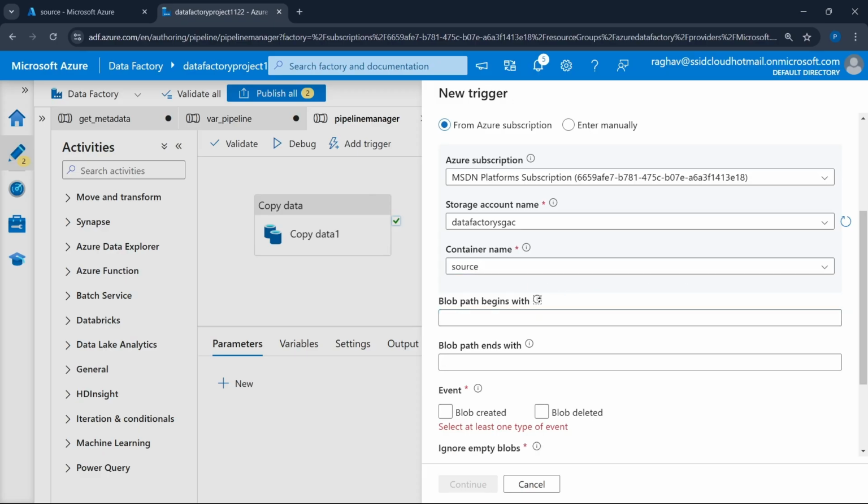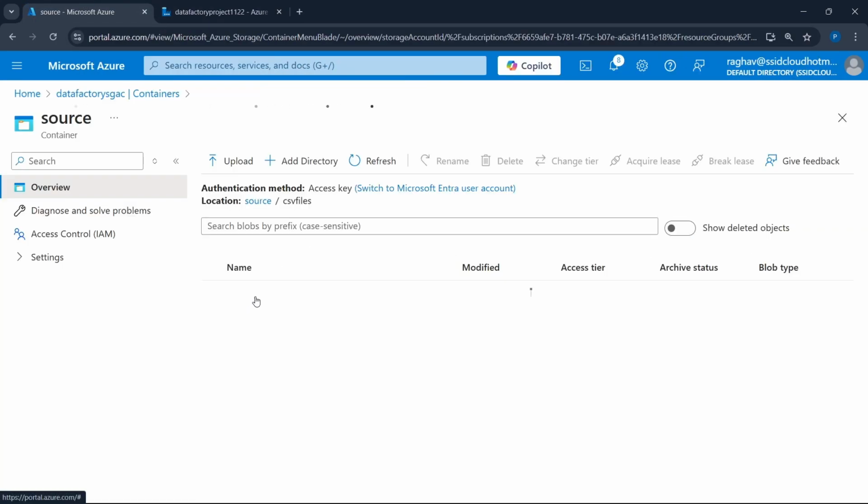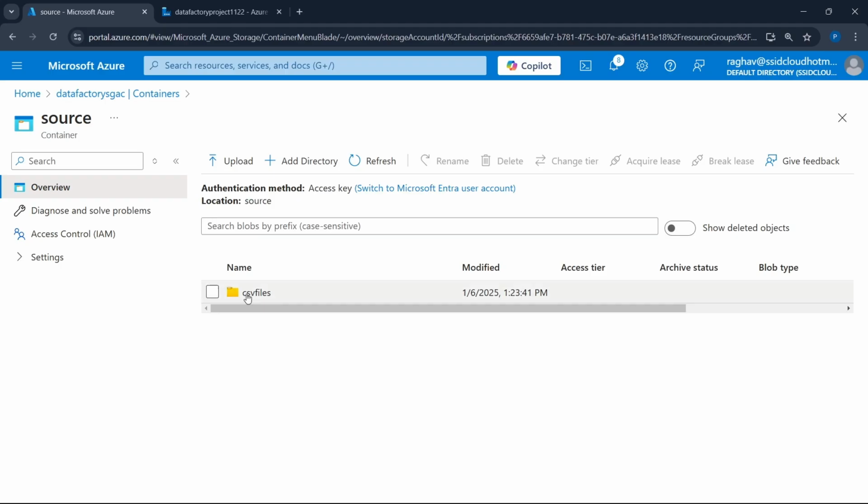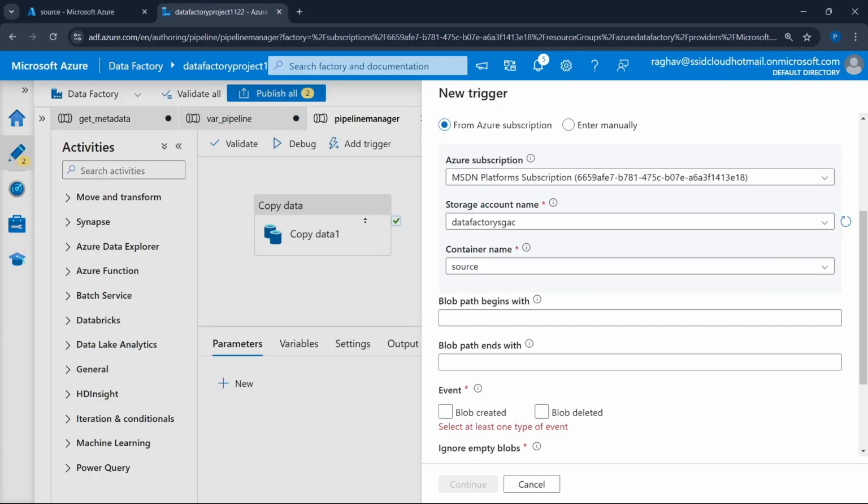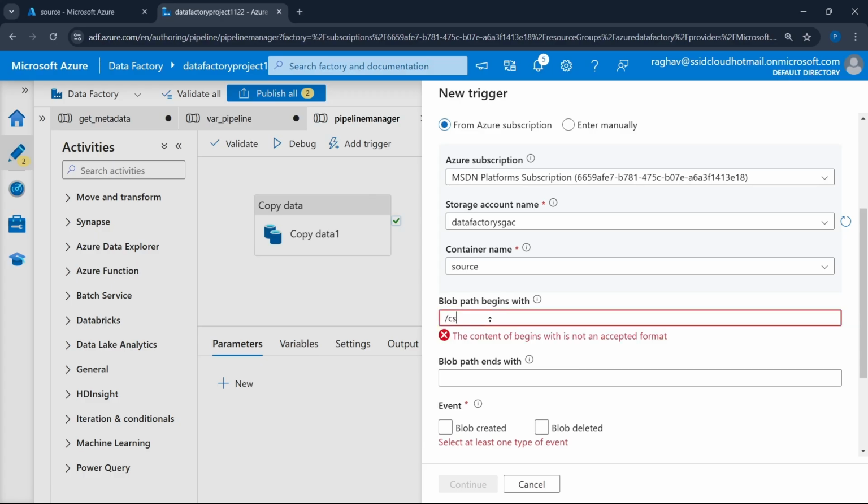And here we will give blob path. So how to give blob path? We'll see. We have to give slash CSV files slash CSV files